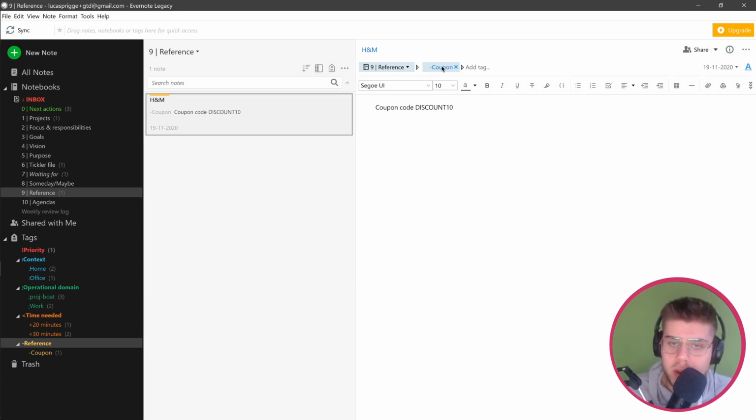Any discount coupon you may have collected, you can file them under the coupon tag, and you add the store it's related to as the title. Now again, you can do anything here. You can add files to Evernote as well. So if you want to save certain PDFs, maybe important data like your insurance files or whatsoever, you can all